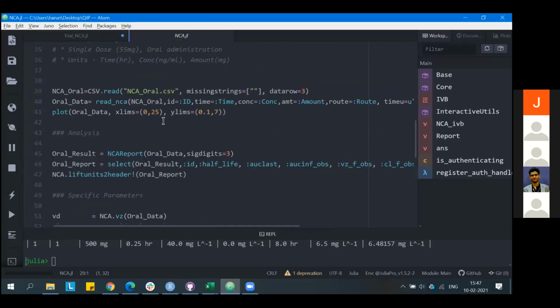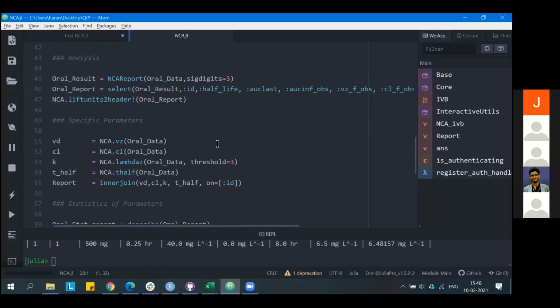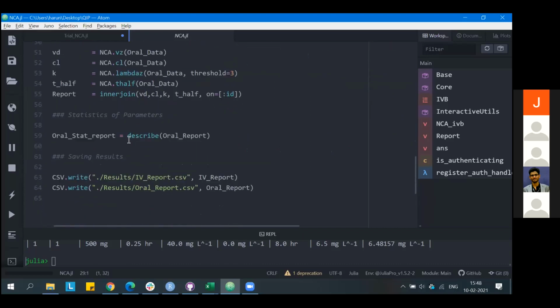I have just another example with the other data set. Considering the time, you guys can try it out. It is a similar thing, the same codes, everything is literally the same, except it is 3 different profiles instead of a single profile. We have 3 different subjects. So we'll have a population, for which I have completed descriptive statistics of the final parameter results, and I have exported these things.